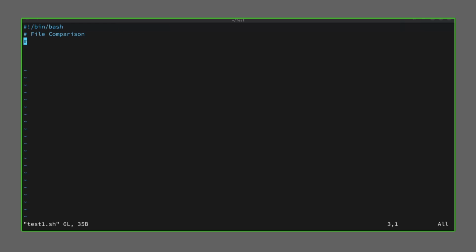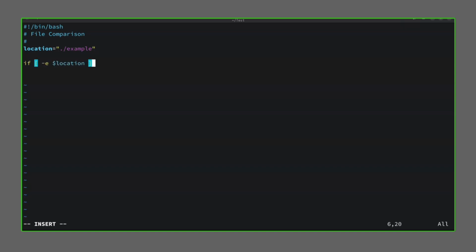We already have the script open. I press i for insert mode. We need to set up a location variable. Location equals /example. This variable holds the relative path of the example directory. Now we need to check if the object exists or not in this location. To do that, we need if, then the -e flag